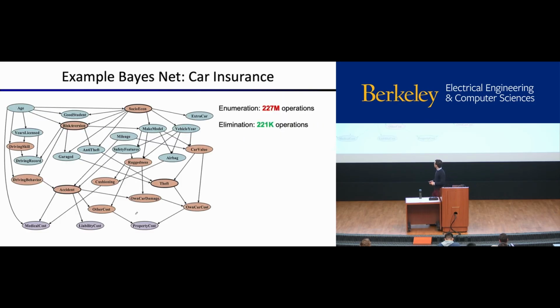Let's say that you had a bigger network, right? We'll go back to our insurance example from last time. If this is the network, if you want to do the whole joint distribution, you're going to be looking at some 20-ish dimensional joint distribution, and many of these variables have lots more than 2 possible values associated with them. If you were going to go the full enumeration route, you'd look at 200 million operations. If you do this in a clever way and you do the variable elimination, where you're eliminating variables as you go, you get a 1,000-fold speed up. So that's really nice.